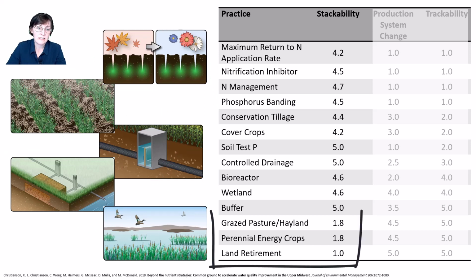Notice practices like converting cropland into pasture or doing land retirement don't pair with other recommended practices because they're wholesale land use changes. You wouldn't do one of our nitrogen fertilizer management practices on land that had been retired to native grass. However, in these cases, stackability is a moot point anyway, because these land use change practices tend to be some of our most effective practices for improving water quality, so you don't need to stack anything on it.